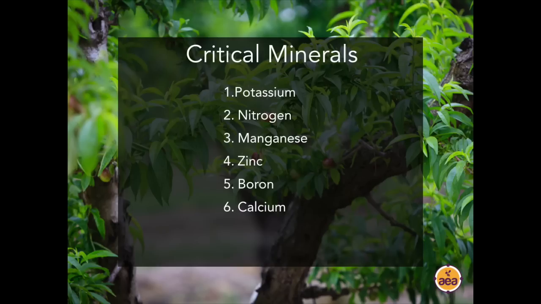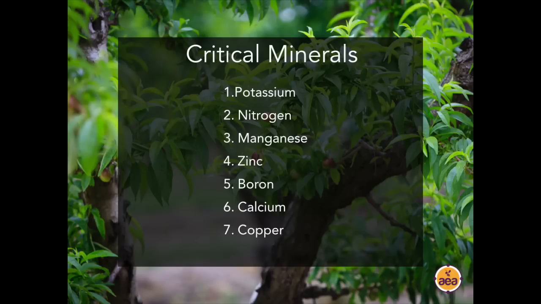The other element that is very important to manage during this ripening and filling process is copper. Copper gives us a lot of resistance to many of the different pathogens that might want to infect the skin of the fruit. So cedar apple rust and scab and scurf, and the list goes on and on. When we have adequate copper levels, we have more resistance to those organisms. But more importantly,